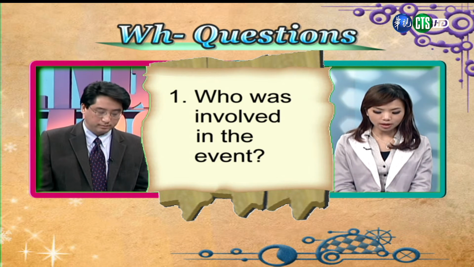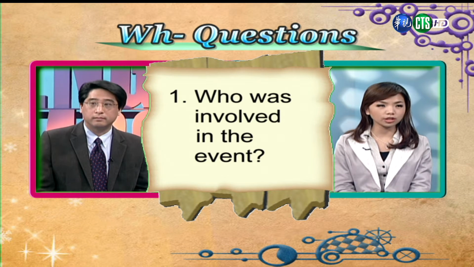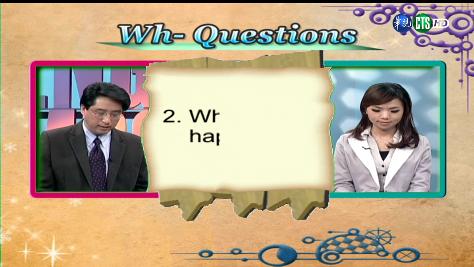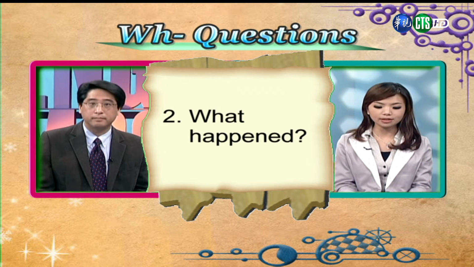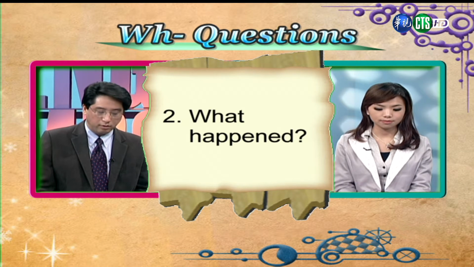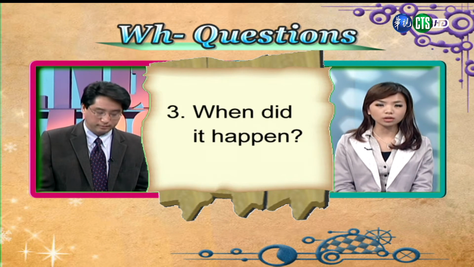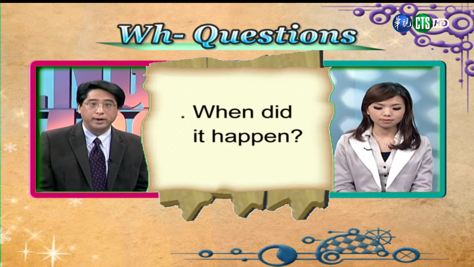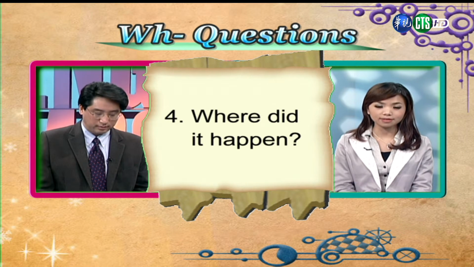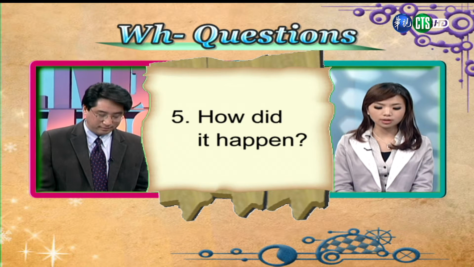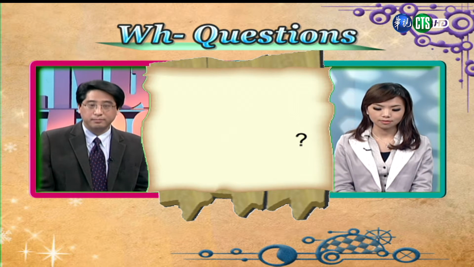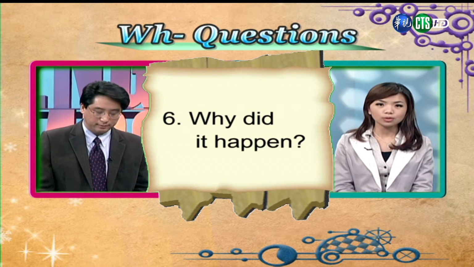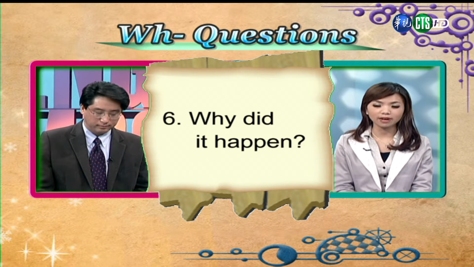Right, so one question that you can ask is, who was involved in the event? 好，你可能可以问到的问题是，有哪些人参与到这件事情呢？Another question could be, what happened? 好，另外一件事则是，发生了什么事呢？Or, when did it happen? 或者是何时发生的呢？Where did it happen? 在哪里发生的？How did it happen? 是怎么样发生的呢？And one last WH question is, why did it happen? 最后一个问题可以问到的是，为什么会发生这样的事情呢？